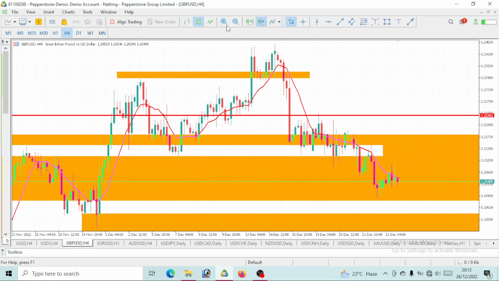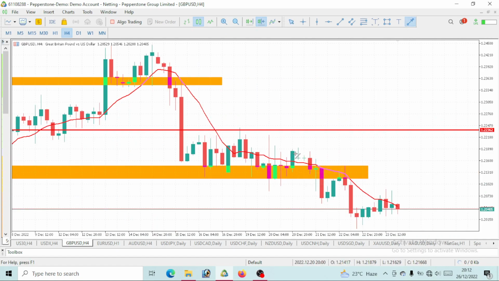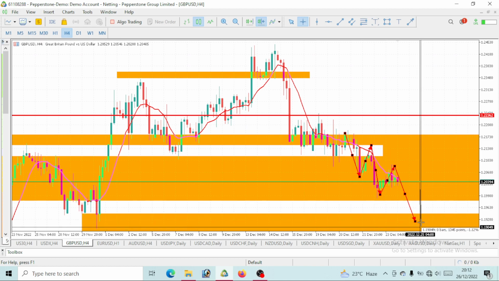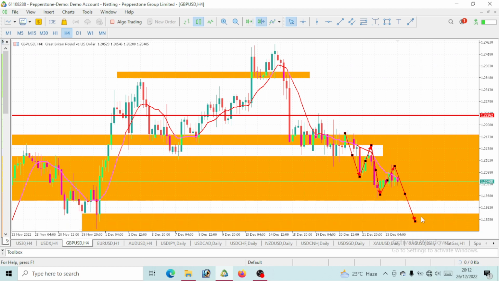Now let's see it on the 4-hour time frame on GBPUSD. You can see a drop, and you can see a pullback, right? You can see a new drop that broke these lows, and you take a look at this to be a pullback. After that, what do you expect? You expect a further drop. This is one of the reasons why I'm telling you guys that I'm watching out for a drop to a level of 1.19. So if from here price gets to a level of 1.19, I expect to grab about